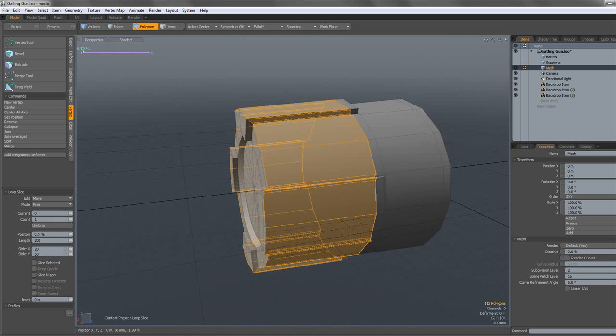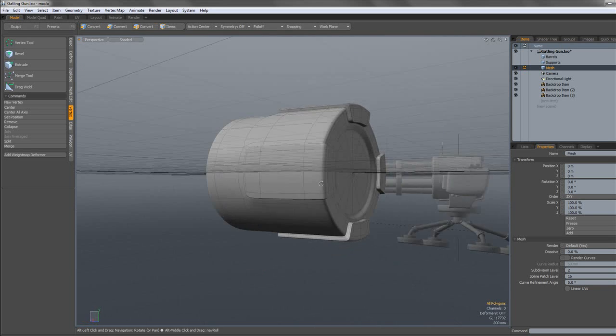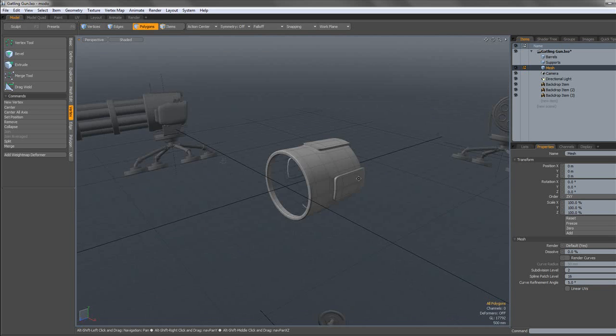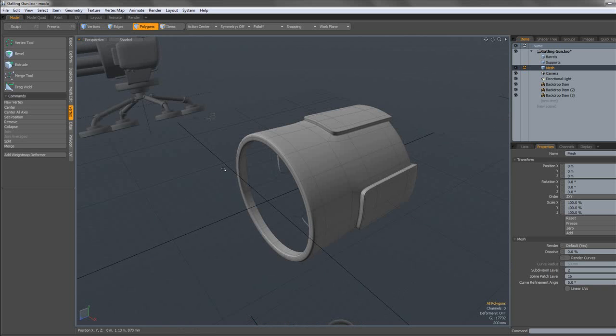And another one at the back. There we go. Now obviously I just want to say that when you model stuff, even if you model the same